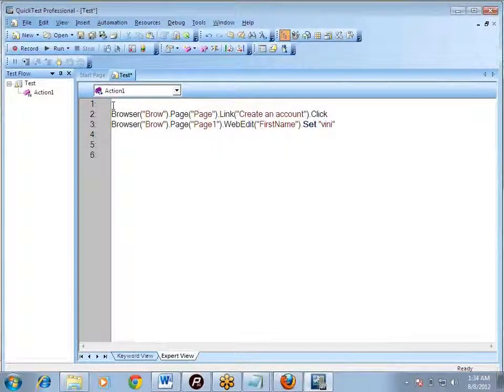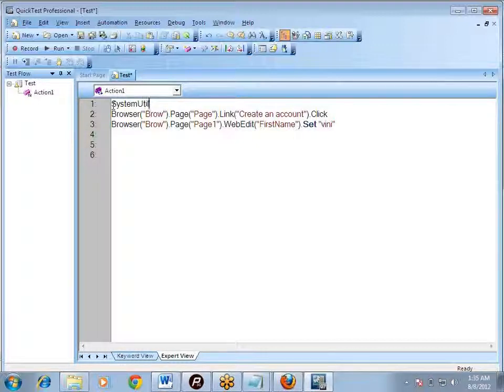Here at the top, let's write the same command, SystemUtil. If you are not using this command, then make sure that your browser is open. If your browser is closed and you are not using this command, what will happen? Your QTP will not be able to get the object. It is not getting the browser. It will wait for 20 seconds. I'll come to this concept of 20 seconds, the object synchronization timeout, in the next session. Then you will get an error on the screen that the object cannot be identified.